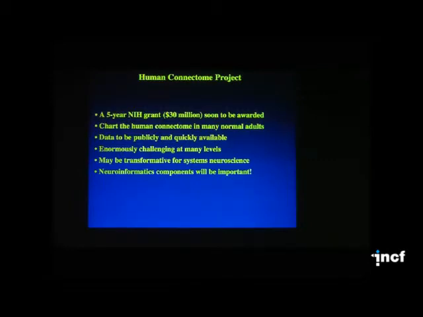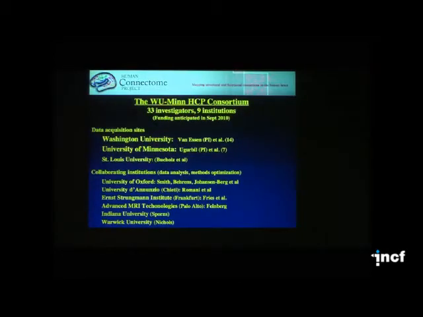But if successful, we think it can be transformative for systems neuroscience, and for sure this kind of endeavor demands very sophisticated neuroinformatics, some of which is still to be invented.